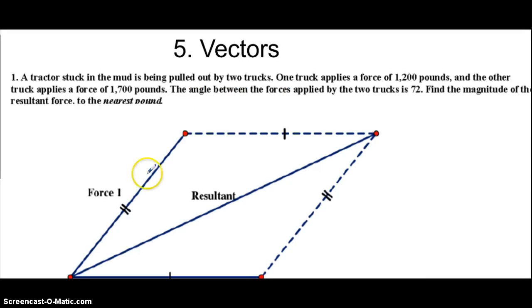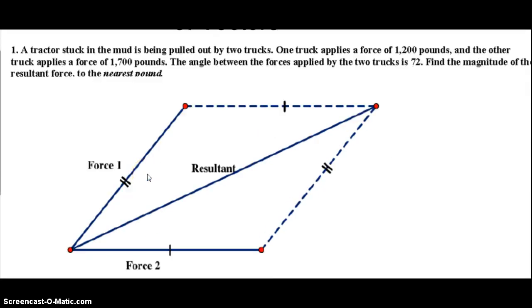All right, the last one, I just want to be clear about this. I only have 10 seconds before it cuts off. But if you read this question, I just need you to do this. When you fill this out, just know that you fill in force 1 goes over here, force 2 goes over here, and the angle is